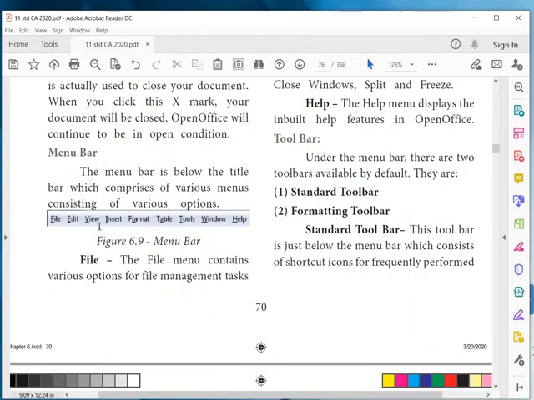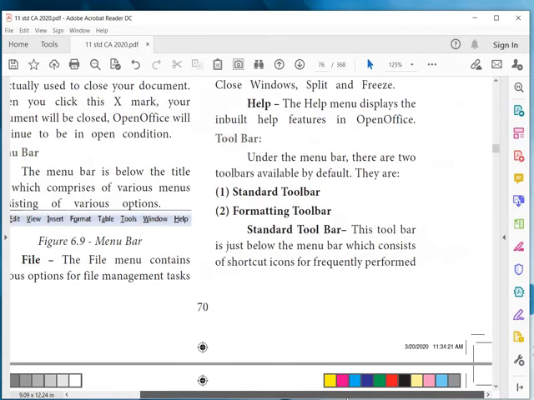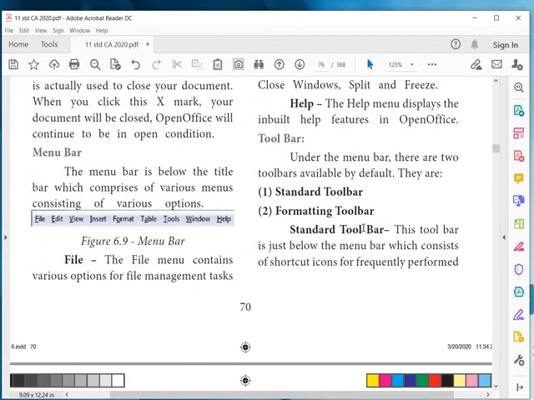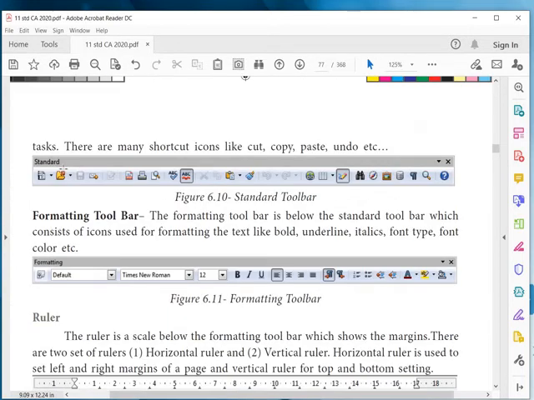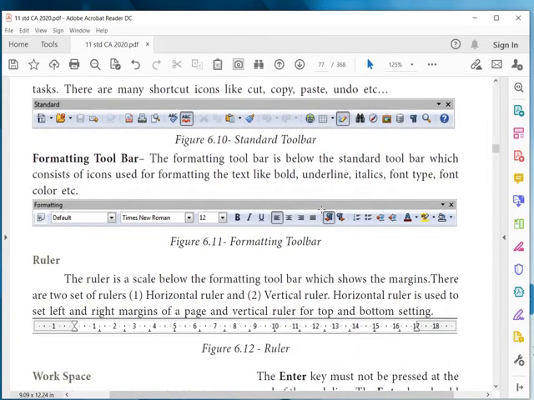The menu bar has many menus: File, Edit, View, Insert, Format. Each menu has its own usage. Then there are the standard toolbar and the formatting toolbar, just below the menu bar. The standard toolbar has shortcuts for many options combined. The formatting toolbar is for formatting the text present in the particular document.